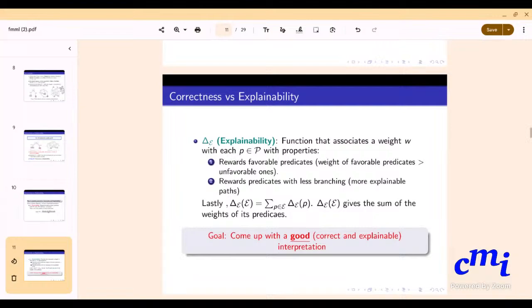The more branching, if you assign more weightage to those predicates, then the branching is taken into account. Not necessarily. Certainly if you have a deeper tree, there'll be more nodes and therefore it will be higher. I guess so. I think observing something of that kind would be useful.